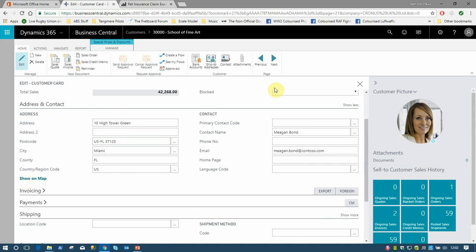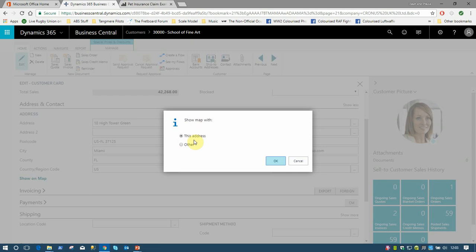Now again, with an assisted setup, you can set up your integration with maps. If I select this option, show on map, it asks me, do I want to look at this address on the map, which is the address or primary address on the customer card, so that in this case is Hightower Green, Miami, Florida, or do I want to look at another address? So if I select other address,